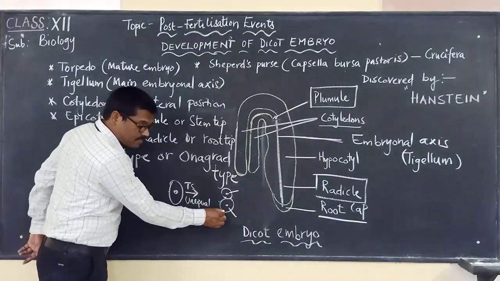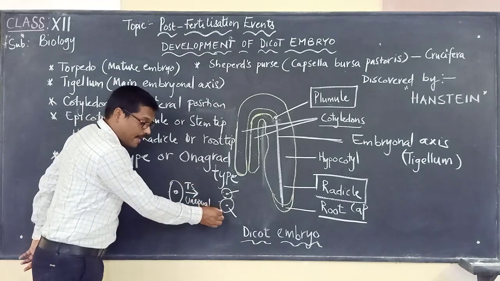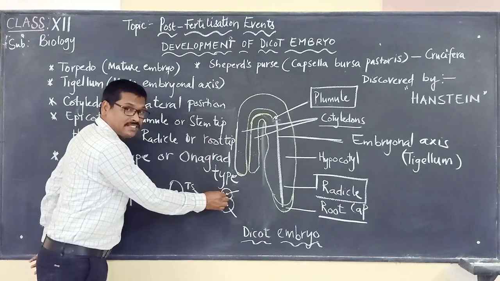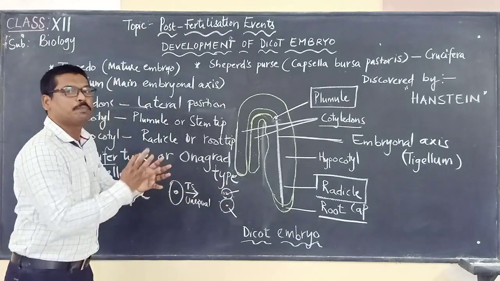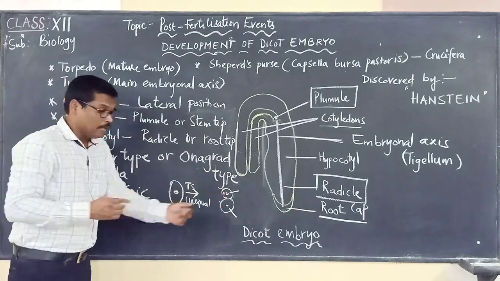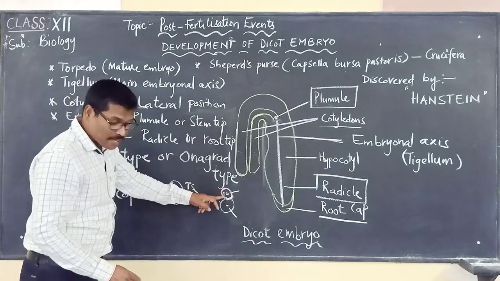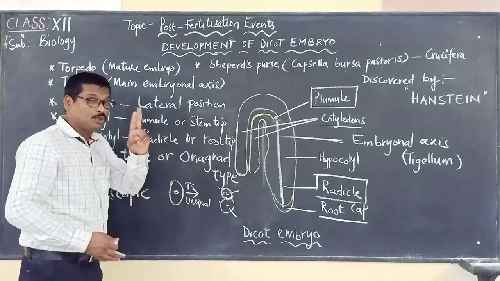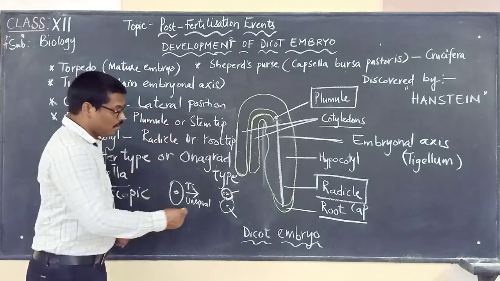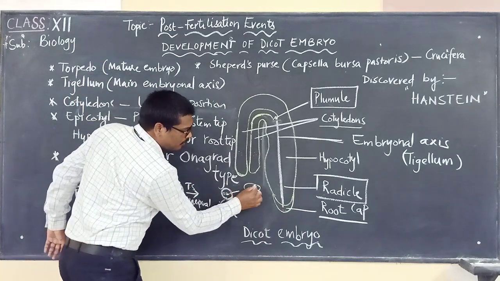Remember, this I am calling the basal cell, which is called the suspensor. This we are calling the terminal cell. This is the embryo cell, which is pushed inside into the embryo sac. We said that this embryo undergoes division, two longitudinal divisions and one transverse division, forming 8 cells.